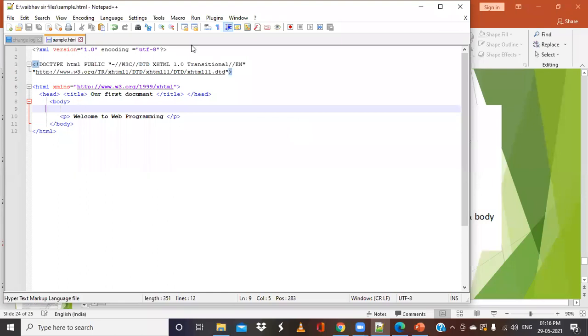So you can install Notepad plus plus. I'm telling you again, it is not mandatory to install Notepad plus plus, but here we can get the inbuilt tags, so the programming will become very easy for us. You can download this, it is just a 4 to 5 MB software. You can go to filehippo.com. There is a website called filehippo.com, and you can download it there. Just search for Notepad plus plus, the latest version will appear, and you can click, download and install it.